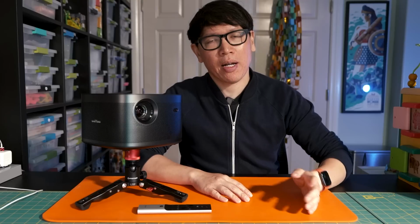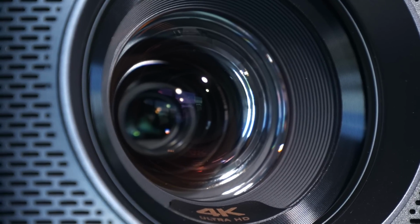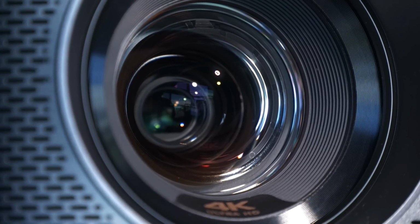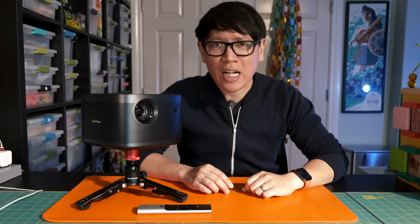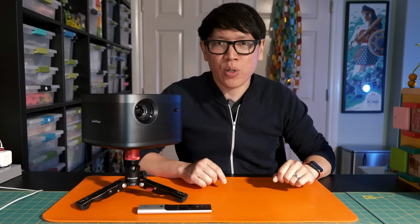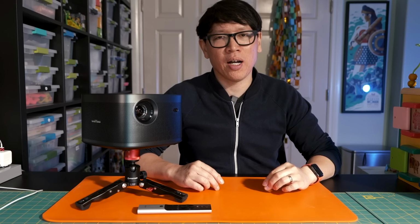But first, let's talk about how this projector works. It's a DLP projector, which means it runs based on a Texas Instruments DMD chip on the inside. This DLP chip is basically the same fundamental technology we saw in even DLP rear projection televisions over 10 years ago. One way to illustrate how a DLP chip works compared to, let's say, an LCD screen or an OLED